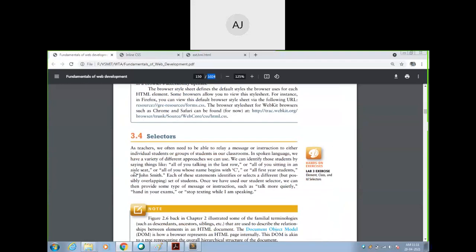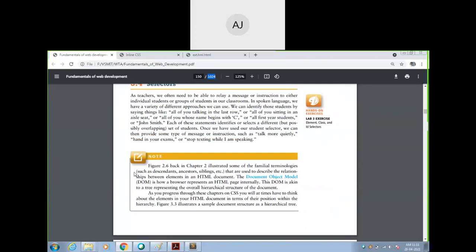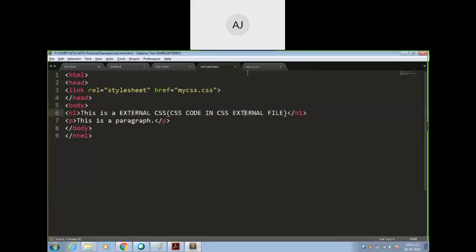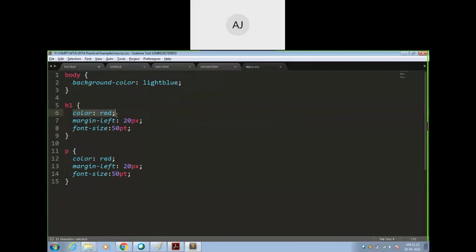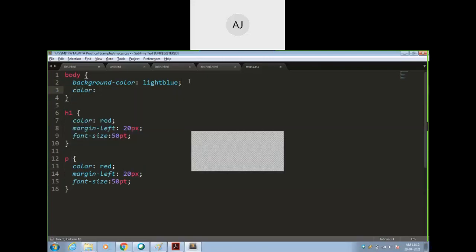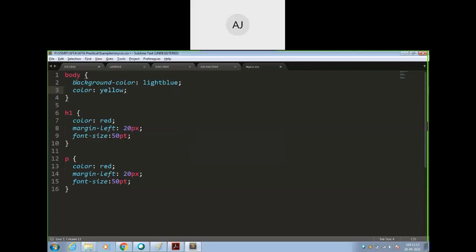Okay. So this is only a small change. Next comes the selectors. So there are 6 types of selectors. Now, what is the use of the selector? Okay. Now I will do here. I will open the Sublime Text, and here I have called color red. And here also I have called color red. Now I will use here color is yellow. Okay, I have made it red. In the body, whatever text appears, its color will be yellow. Okay, and then here in the H1, again you have said the color is red.